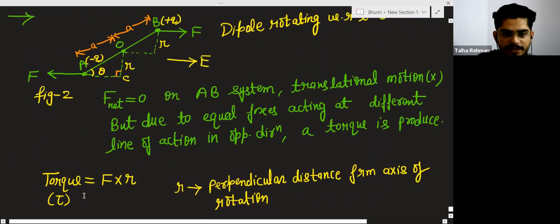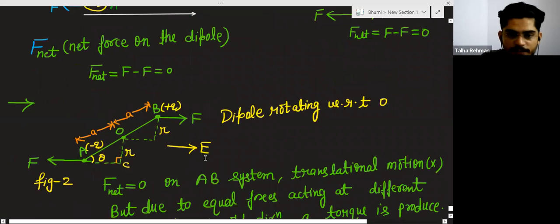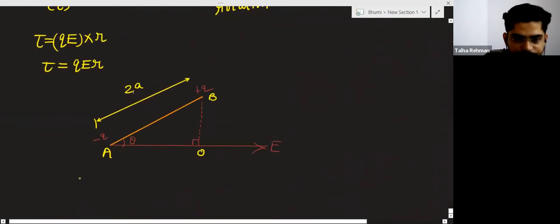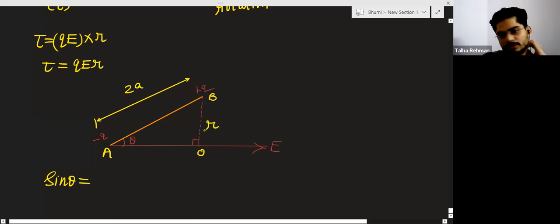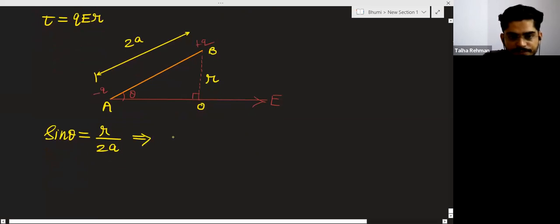See here, this distance is a plus a. This is 2a. So if you calculate the value of sine theta, then you will get r, the perpendicular distance, divided by 2a. Then from here you can calculate r. r is equal to 2a sine theta, and now put the value of r here. Tau is equal to QE, and instead of r put 2a sine theta,